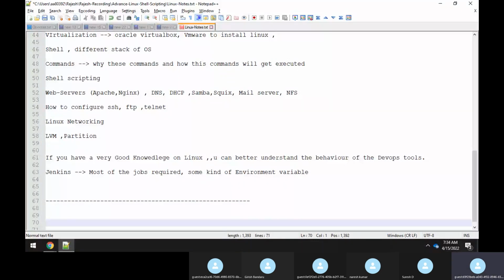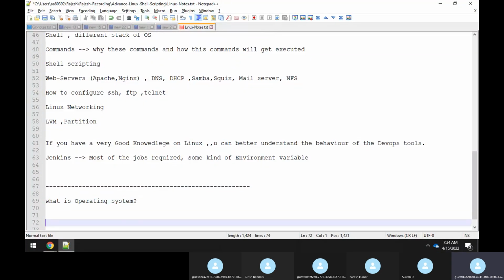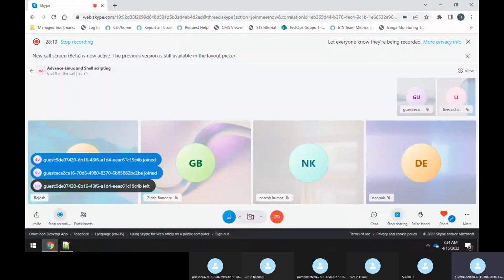So before getting into the Linux operating system, guys, I want to ask some of you: what is an operating system? This is a very basic question that everybody asks. Some of us might have learned it in our engineering days or graduation days. So can anyone give me at least some kind of textbook definition, whatever comes to your mind? What is an operating system?